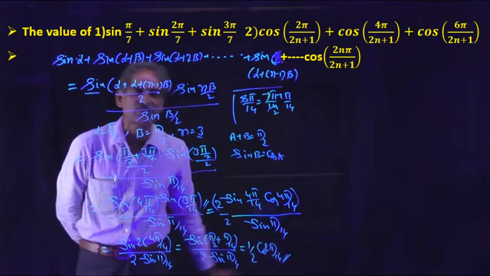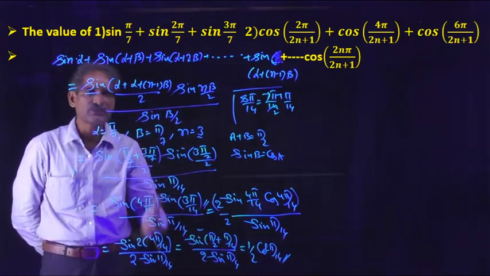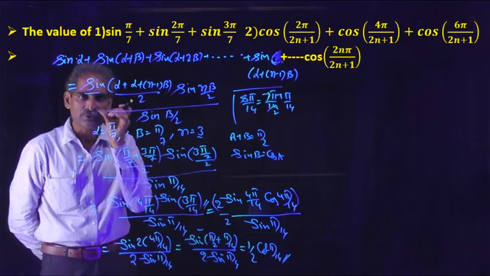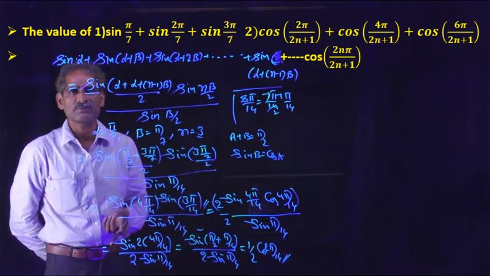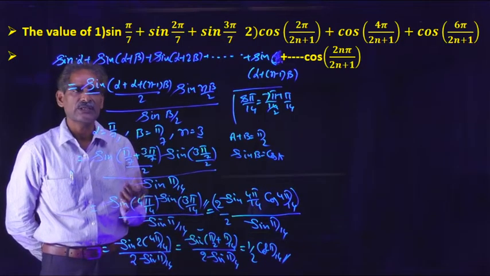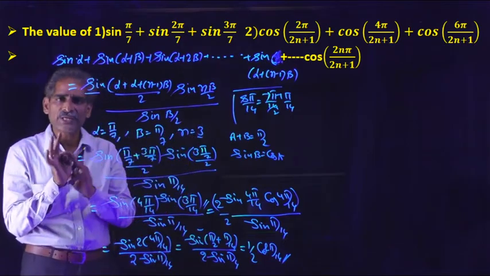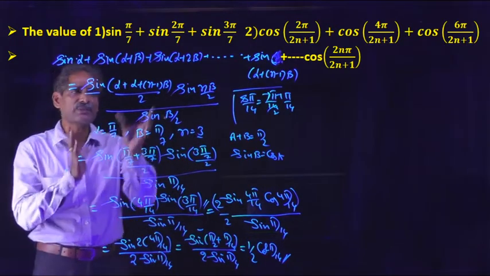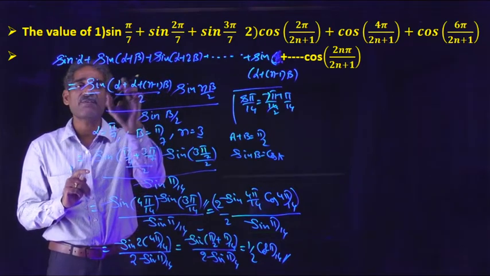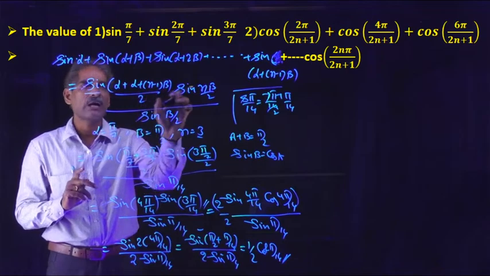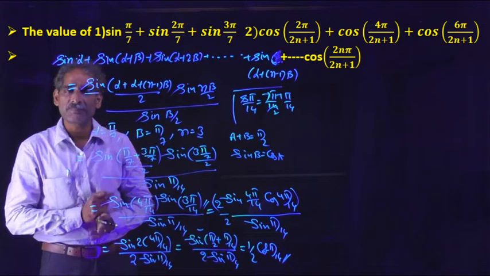This is the answer. So actually this is a formula. This is totally simplification, it just depends upon simplification. You can do this problem with simplification within the time. There are 3 terms only you have to find: alpha value, beta value, n value. Otherwise simply sum of the first angle and last angle by 2, the first function, sin of first angle and last angle by 2, and sin of n beta by 2. Beta is the common difference and n is the number of terms.